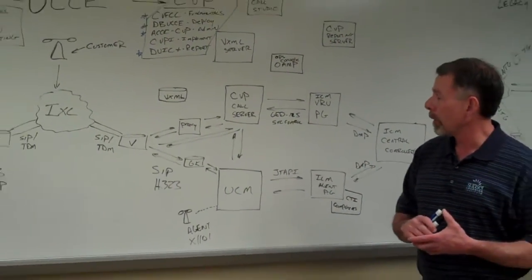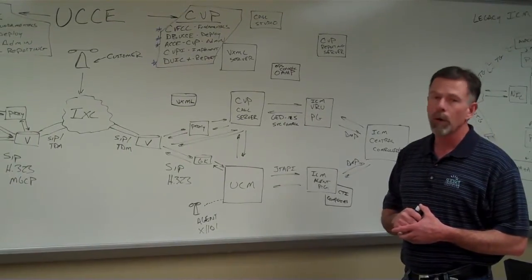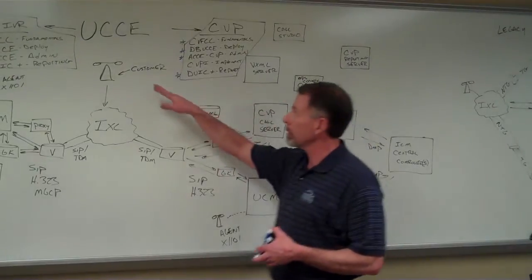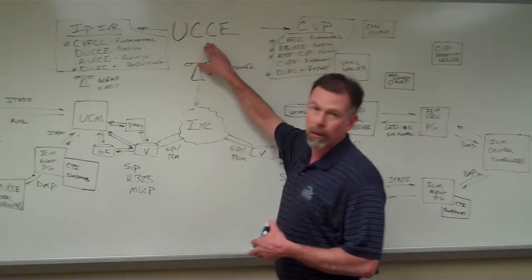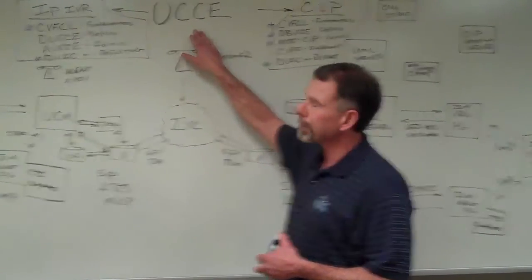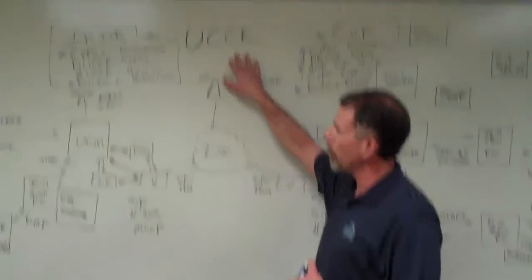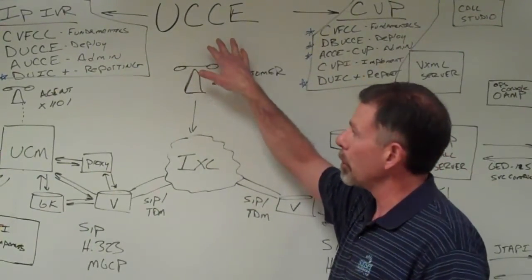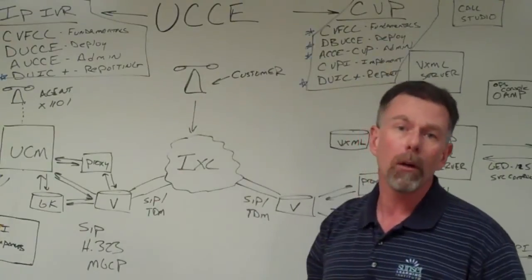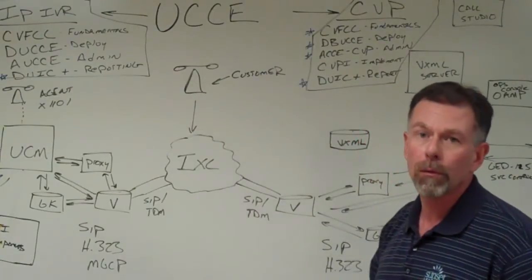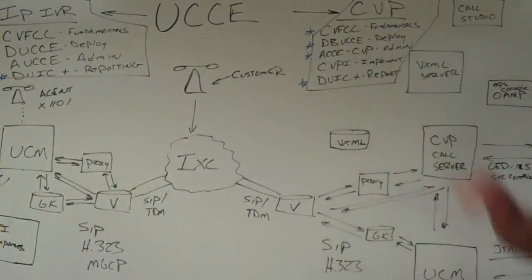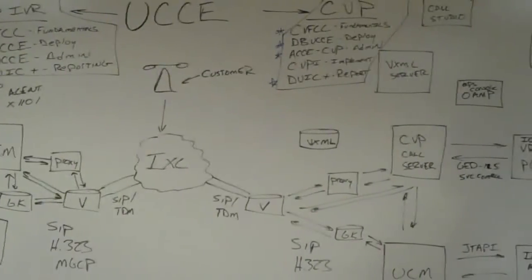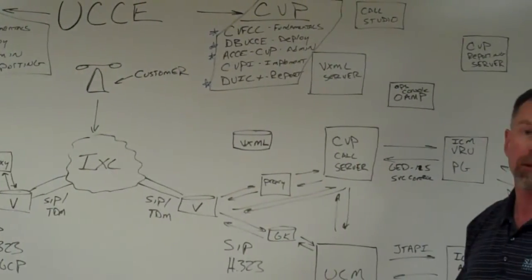On the diagram on the board here, I've got a couple of diagrams drawn out for our contact center offerings. Contact center enterprise specifically is what I'm going to talk to you about today. Really, contact center enterprise you could logically break out and say effectively comes in two solutions: those of you that might be using IP/IVR as an IVR-based solution for contact center enterprise, and the rest of you that are using CVP as an IVR component for contact center enterprise.